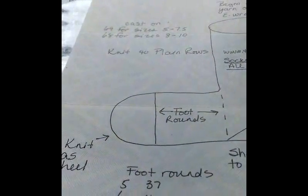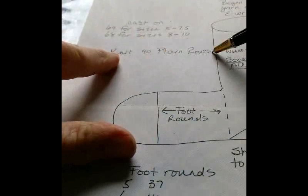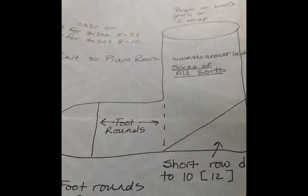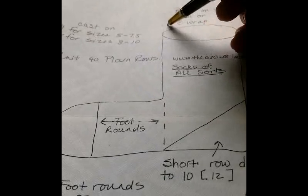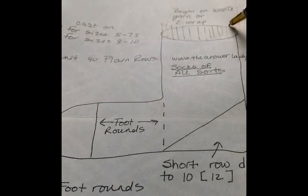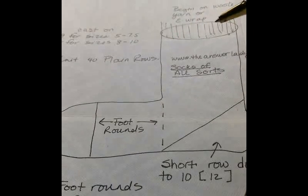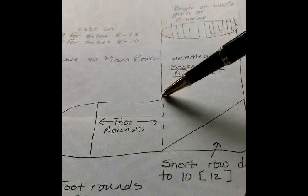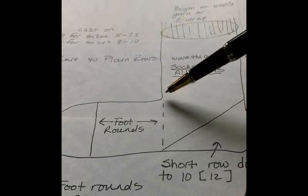The top is very simple. After the cast on, knit 40 plain rows. You could use this pattern if you wanted a traditional ribbed top up here. Just cast on with that, knit however many rows of ribbing you want, and then proceed to follow the rest of the pattern. For this purpose, I'm having us knit 40 plain rows, which is going to be 4 straight